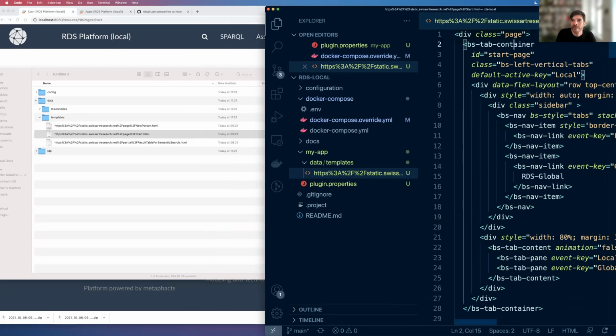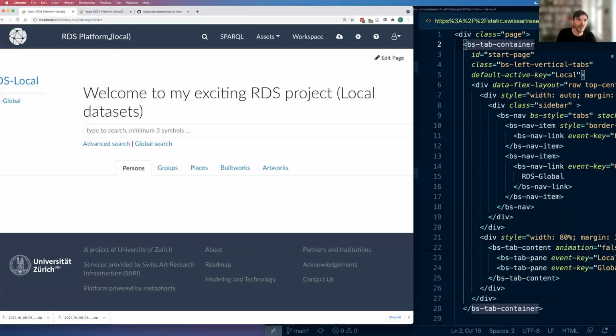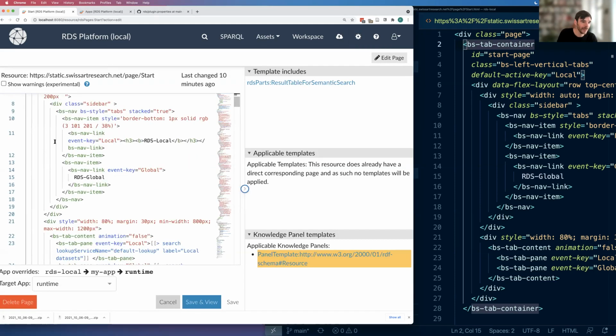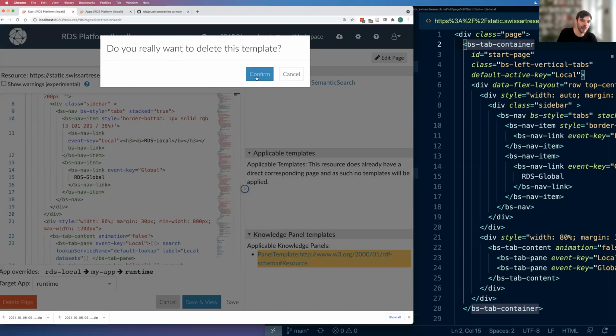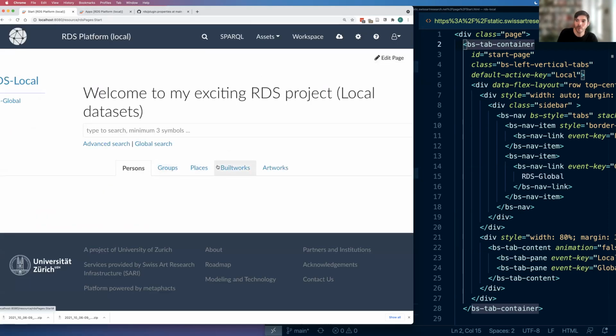Now, one thing before I start editing here: because I already changed the page in here, the runtime storage will always override it. So you see, this is now coming from the runtime app, which is on top of my app and RDS local. So I'm just going to delete this page from runtime. And deleting will not remove it, it will just remove it from my runtime. And now it will be using my app